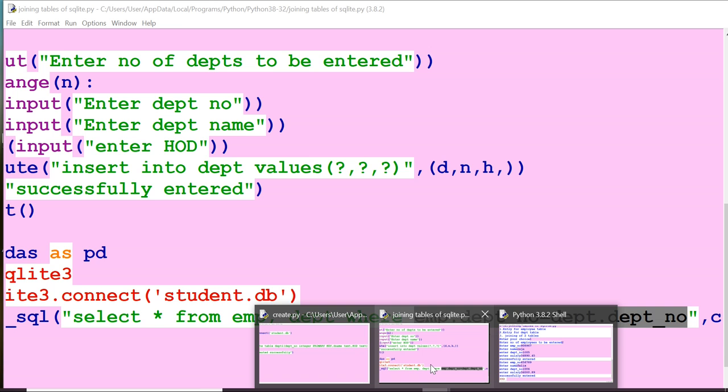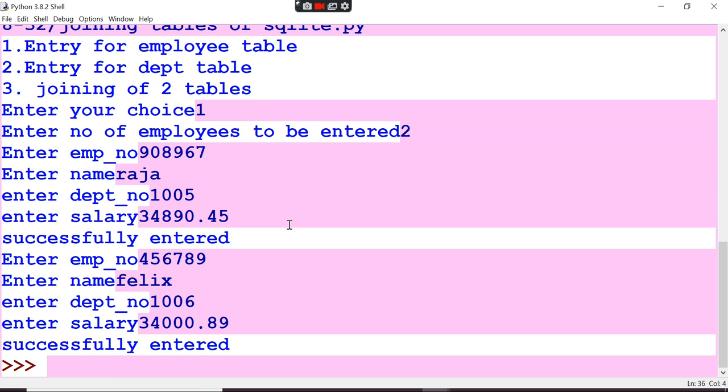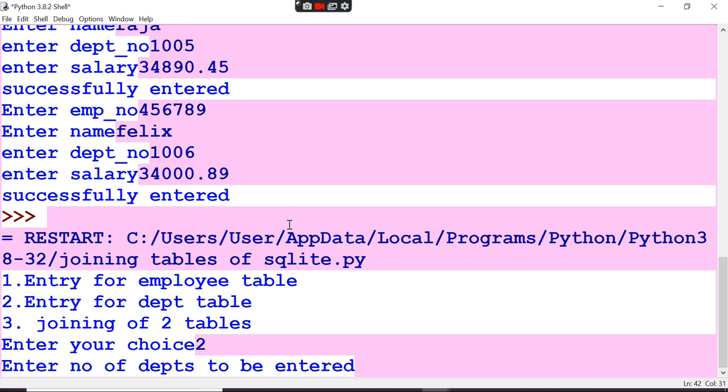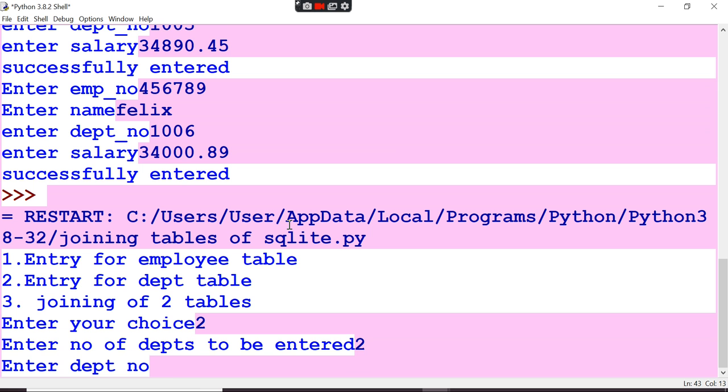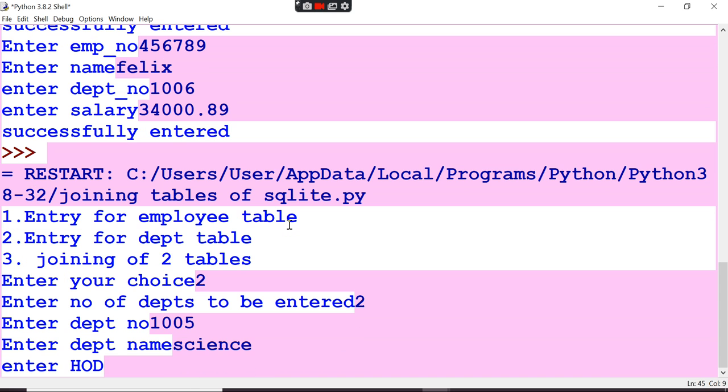Now 2 employees have been entered. Now again, if you want to enter departments, I am going there, press F5. Again I want to enter 2 departments. So enter choice 2, and I want to enter 2 departments. Department number 1005, that is science group, for example, science. HOD.